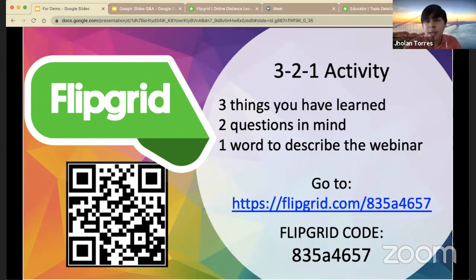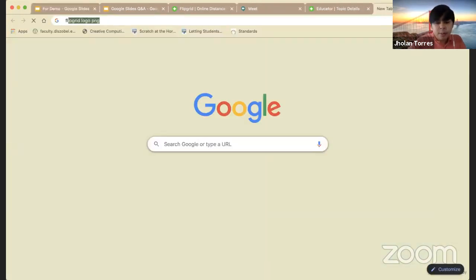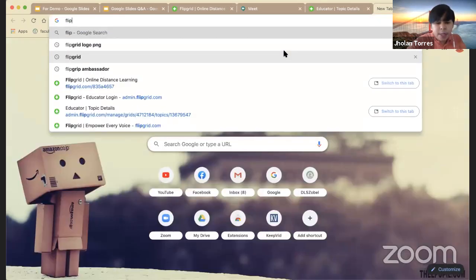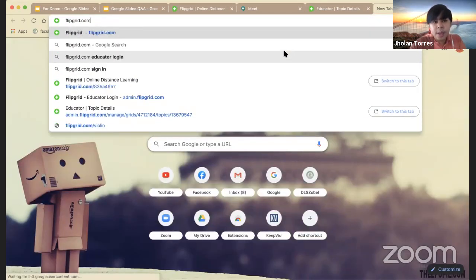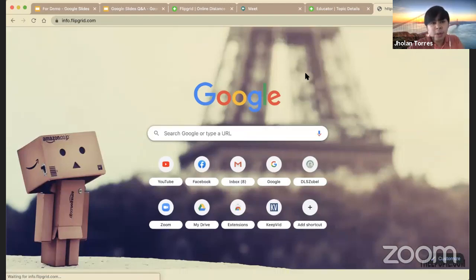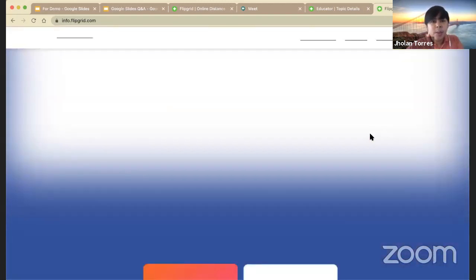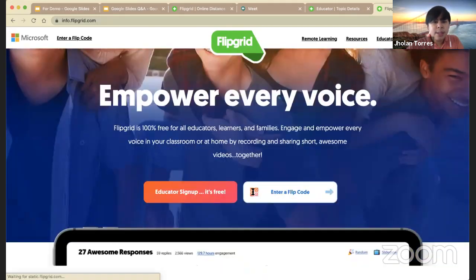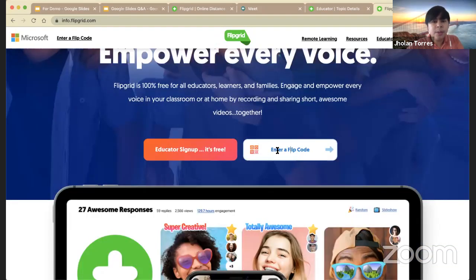Okay, sige, I'll demonstrate it, teachers, like this po. Just go to flipgrid.com, okay? So in flipgrid.com, ito po siya, di ba? Then just enter the Flipgrid code. What is the Flipgrid code? 835A4657.